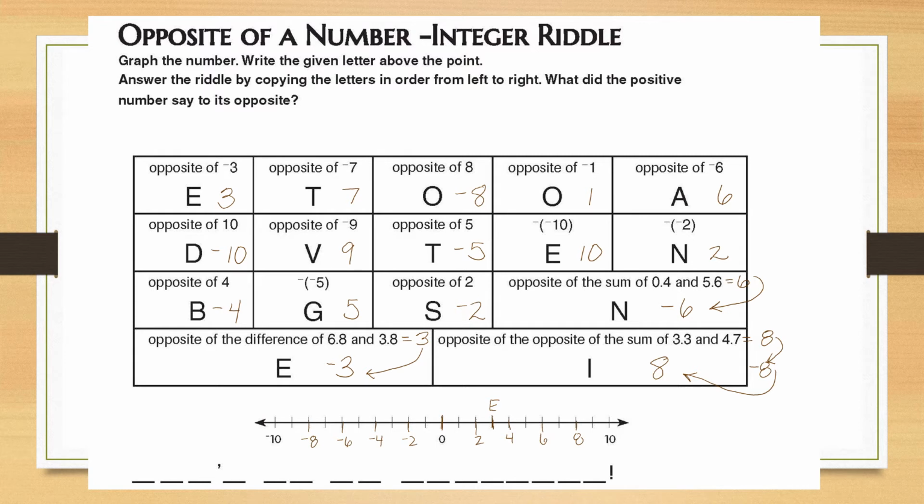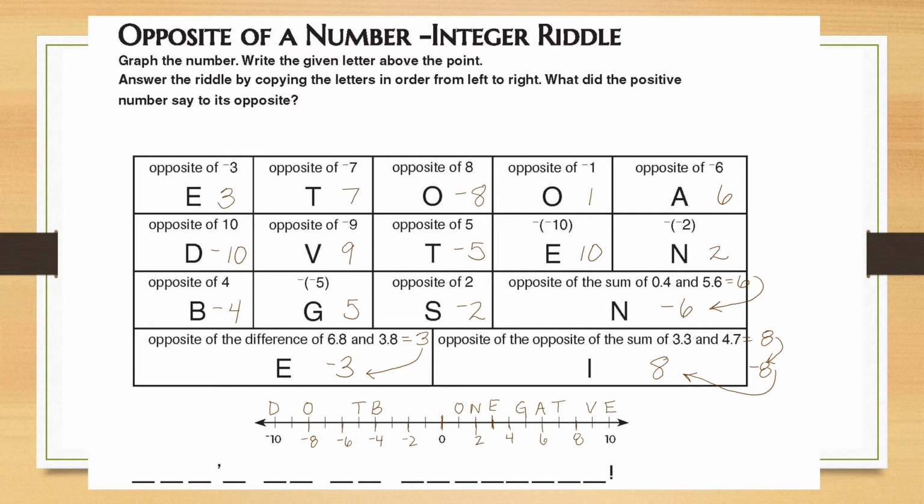Okay, so +3 is E, +7 is T, -8 is O, +1 is O, +6 is A, -10 is D, +9 is V, -5 is T, +10 is E, +2 is N, -4 is B, +5 is G,